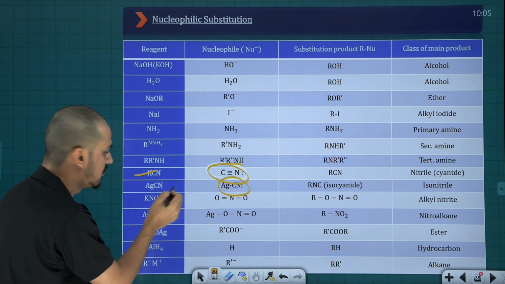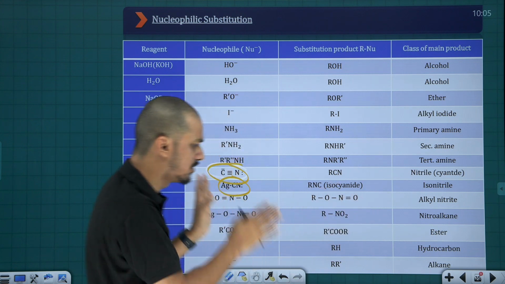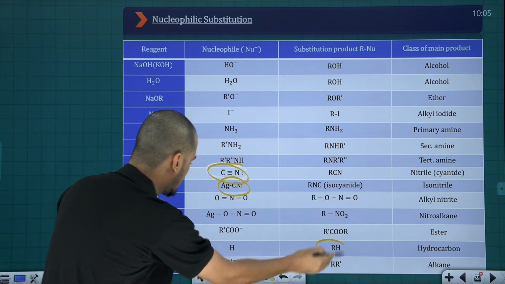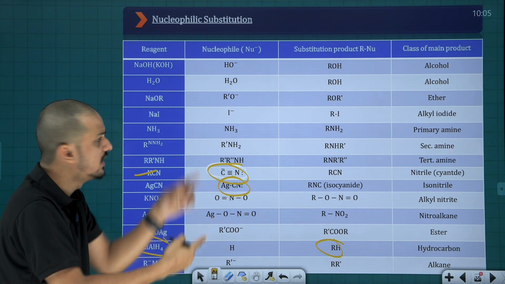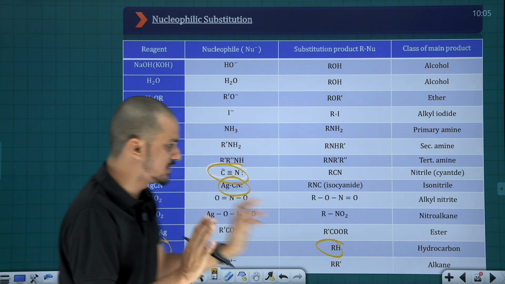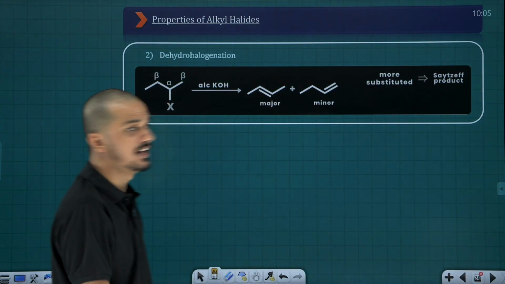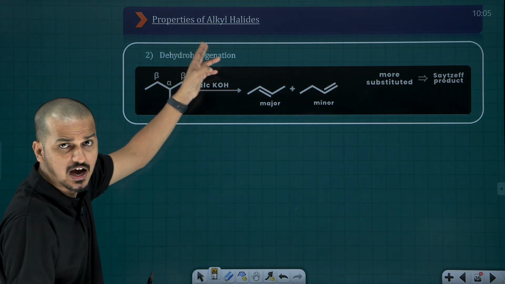If you are taking AgCN, you will get what? You will get NC, isocyanide you will get. That idea you have to go through. And if you want to get hydrogen, you have to take what? Lithium aluminum hydride. For the substitution, so that nucleophilic substitution list I have given, you have to go through it, guys. Okay, next one, the last reaction, the second reaction of alkyl halides, that